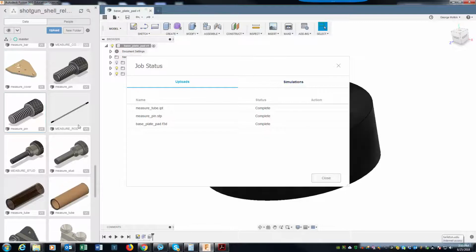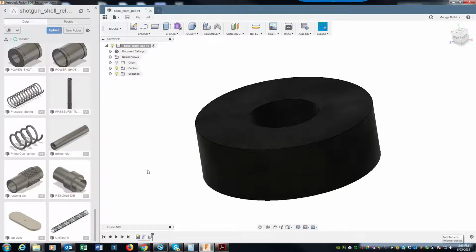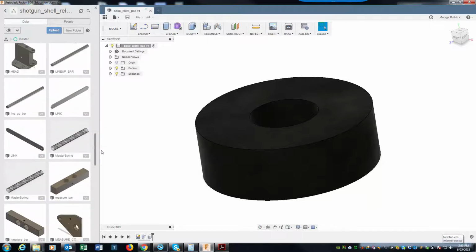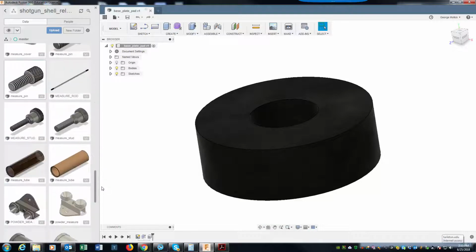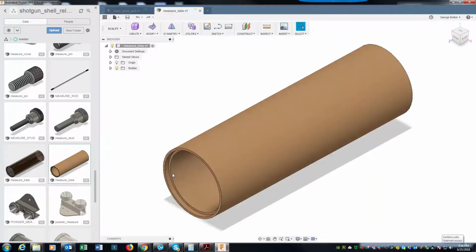Yep. So I can close that and scroll down here. Scroll up here if I can't find that measure tube. So it looks like that's the measure tube right here. And we can open that. And as it does, it should convert it, and notice when it comes in,